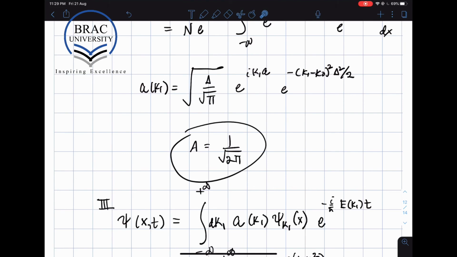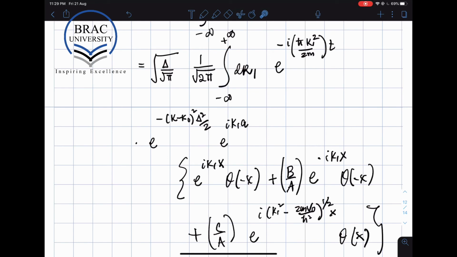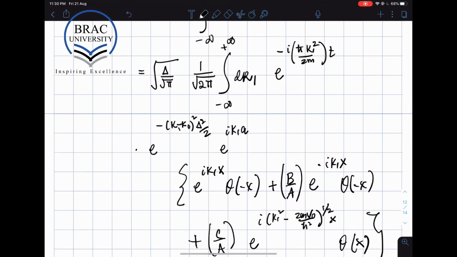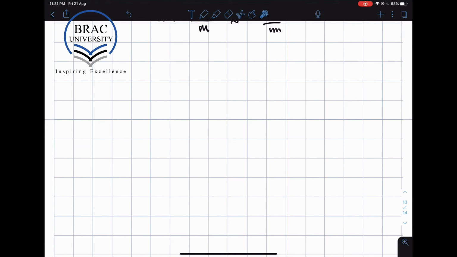So if I look at this second term, because this Gaussian is very sharply peaked around k0, we can set k1 to be k0 in this coefficient. In other words, we can consider this to be a constant. So we can pull this out of the integral. We can pull this other thing also out of the integral because it doesn't depend on k1. Once we pull these two things out of the integral, our integral then becomes